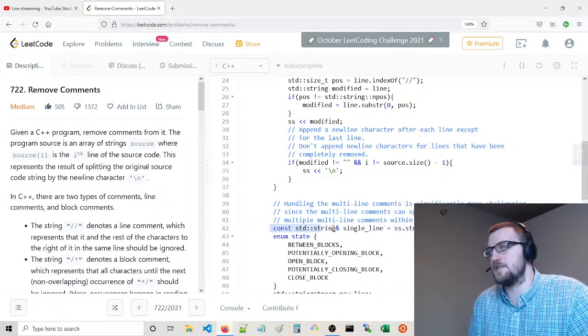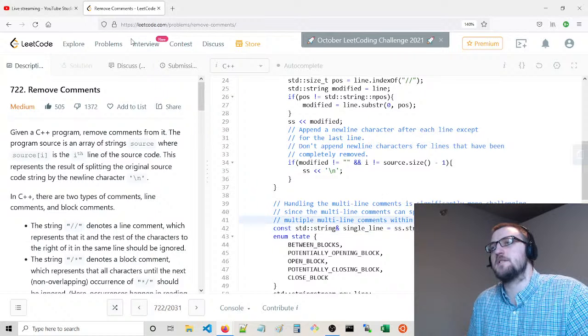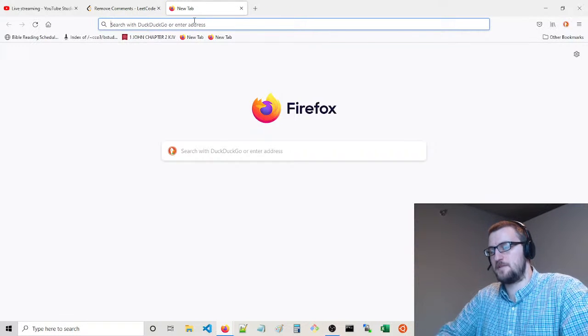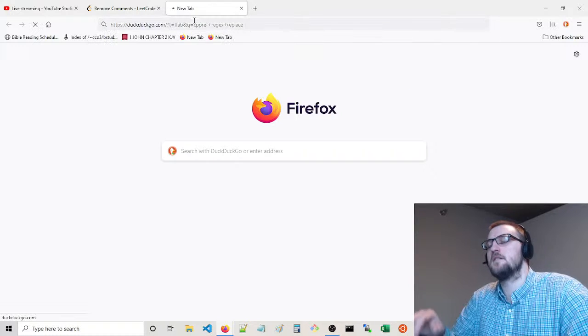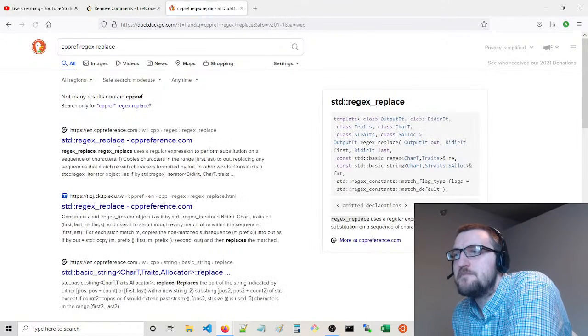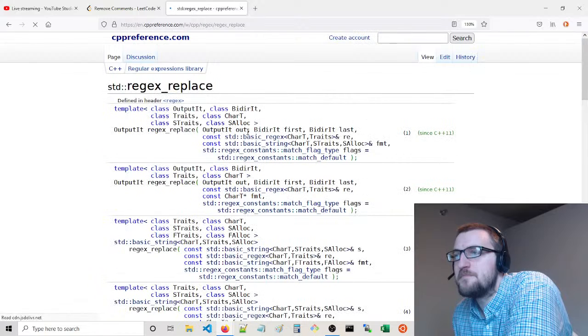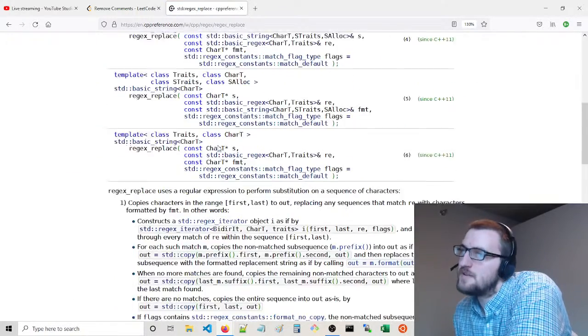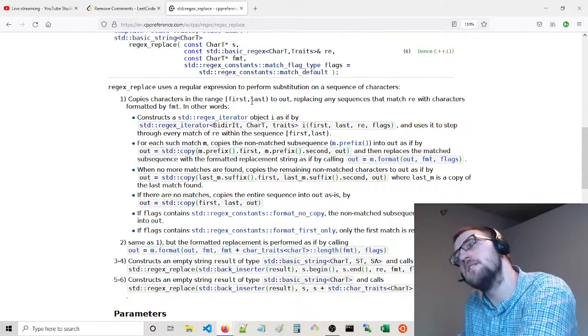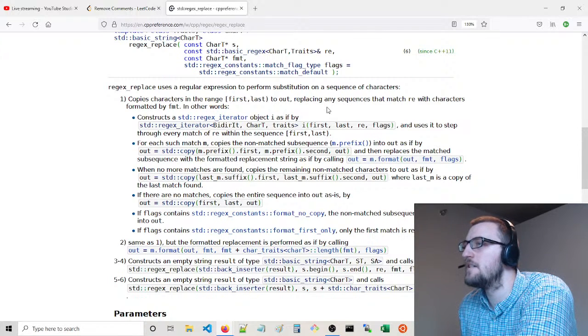I'll show you basically regex replace in C++. Yeah, that's what we want to do.